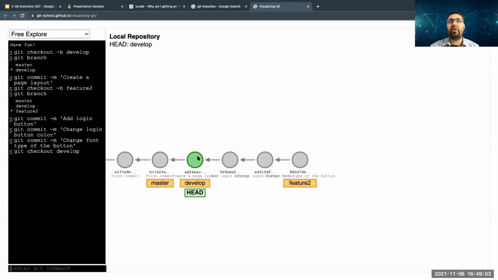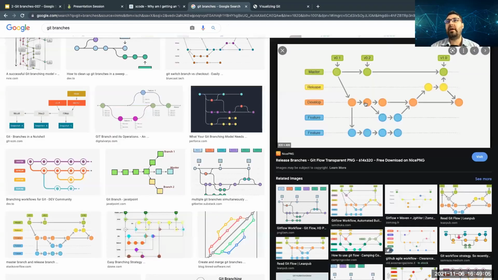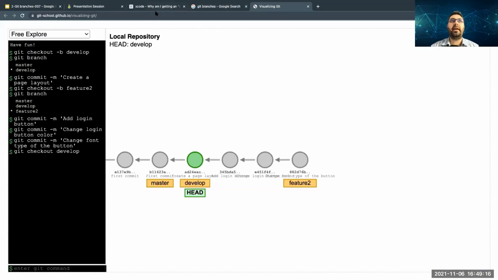I get back to the develop branch and I'm going to make one more commit here. So I'm creating some changes, git add all, and now git commit. But make sure that you're on the develop branch. Git branch.